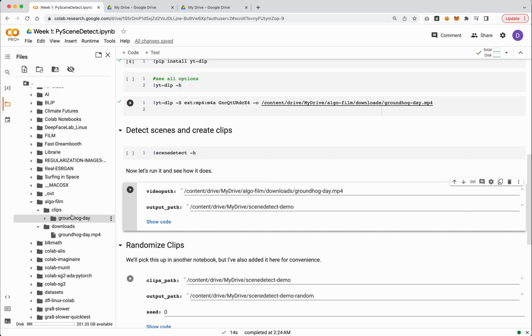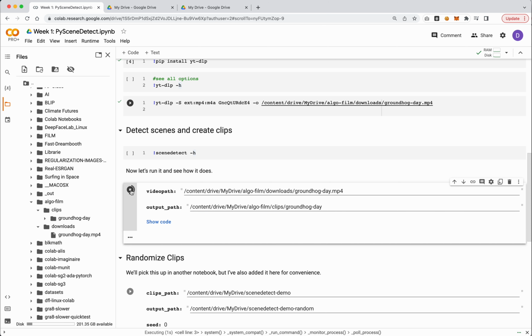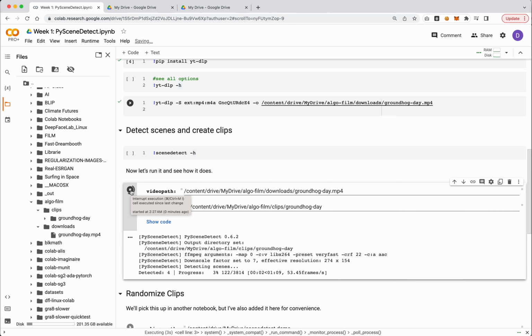Next thing we want to do is let's actually just copy this path and paste. So what we're doing now is we're going to say take this video, this .mp4, and convert it into a bunch of clips that go into this folder. So at this point, we can just go ahead and hit run. And you'll see here, it is now giving us progress. If I had to guess, this 3814 number is how many frames are actually in the entire film.